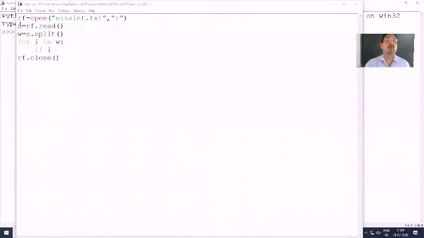Sir, the screen isn't shared. Okay, so what I'm doing here, rf is equal to open, and then S is equals to rf dot read, W is equals to S dot split, for I in W, if I of 0 equals to S, then you have to print those words. So I have to write here print